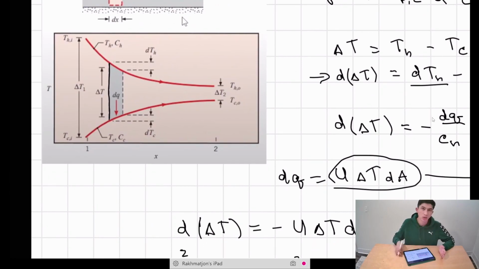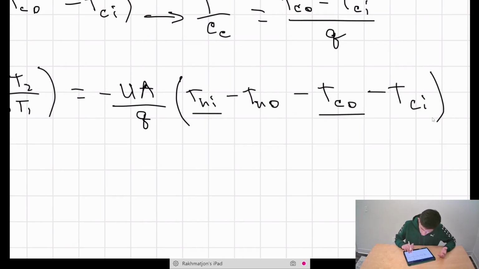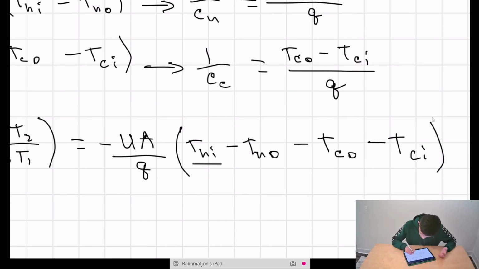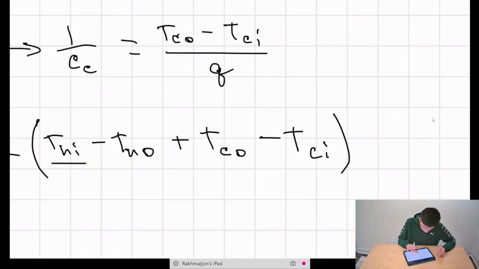said that our delta T1 is the temperature difference between the hot stream and the cold stream at the inlet, and delta T2 is the difference in temperature of the hot stream and the cold stream at the outlet. So temperature of the hot stream at inlet minus the temperature of the cold